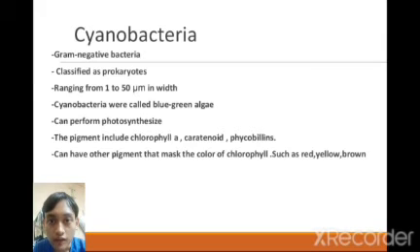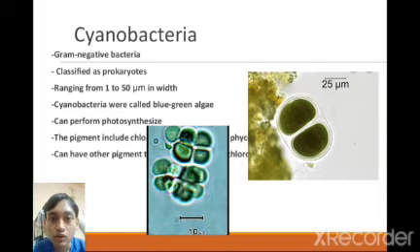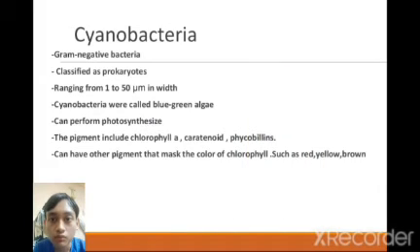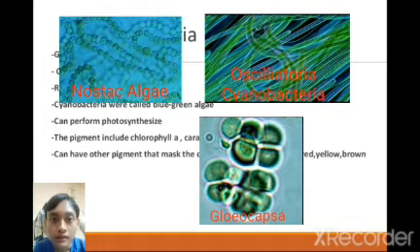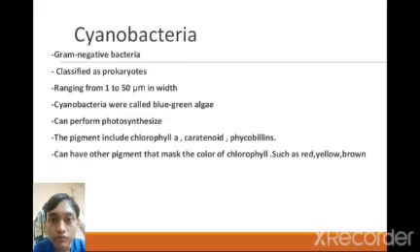Today I'm going to talk about cyanobacteria. Cyanobacteria are gram-negative bacteria and also classified as prokaryotes. They range from 1 to 50 micrometers in width. Cyanobacteria were called blue-green algae because most of them are blue-green in color. They can perform photosynthesis, which means they also have pigments. The pigments can include chlorophyll a, carotenoids, and phycobilins, which cause them to appear blue-green. Cyanobacteria can have other pigments that mask the color of chlorophyll, so that's why they can appear red, yellow, brown